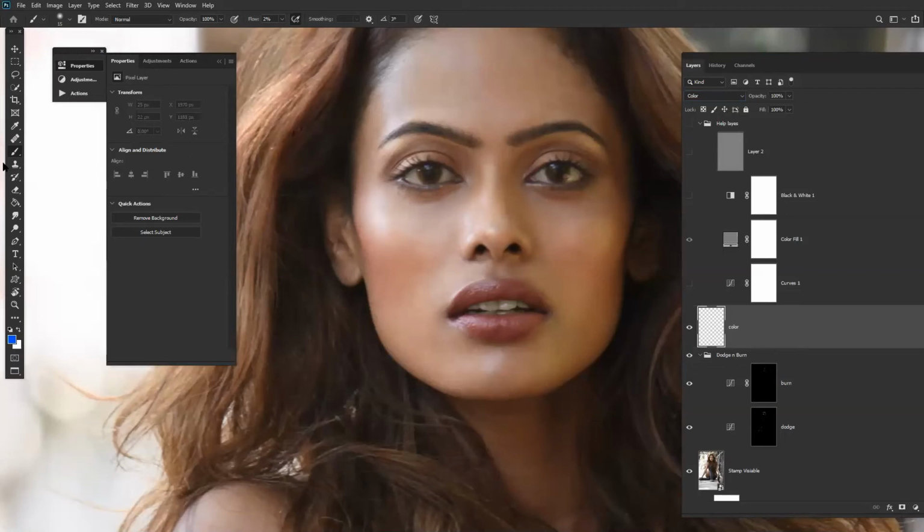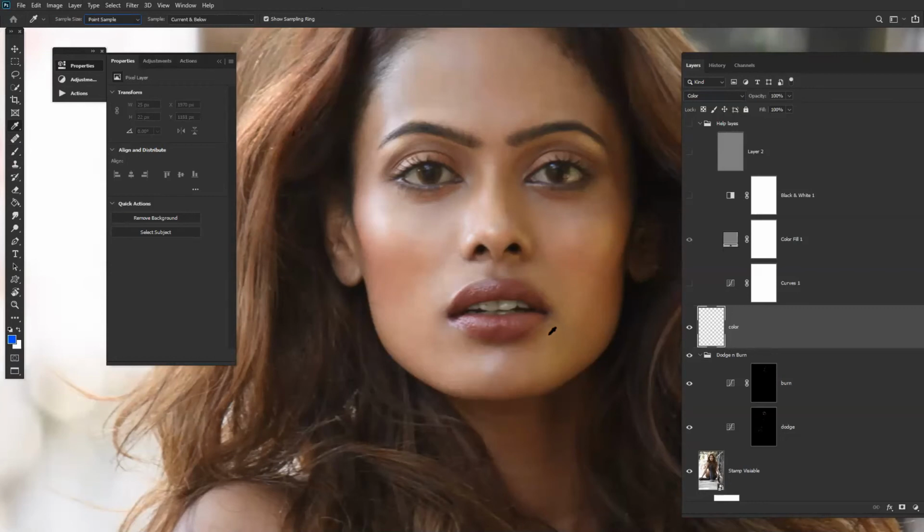So now we will use a regular brush at 100, and between 2 to 5 you can take the flow. Opacity should always be 100. Now the biggest thing is, whenever you take the color, always remember one thing, it's always there in point sample.